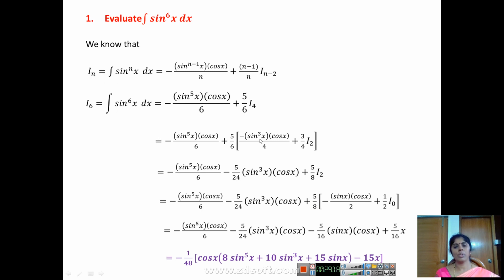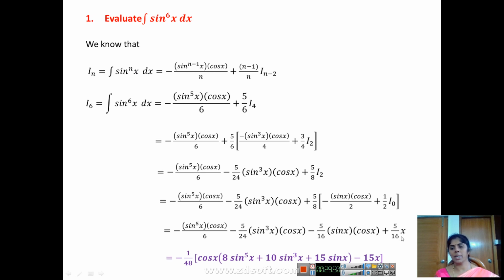So there what I'll get, it means 5 by 8 minus sin to the power 2 minus 1 is 1, cos of x, whole divided by 2, plus, again I'm having n is here 2, 2 minus 1 is 1 divided by n is 2, so 1 by 2, again I0. Again I0 equals to, here if I substitute I0, that means sin to the power 0 of x is 1. Integral of 1 dx is x. So I can just